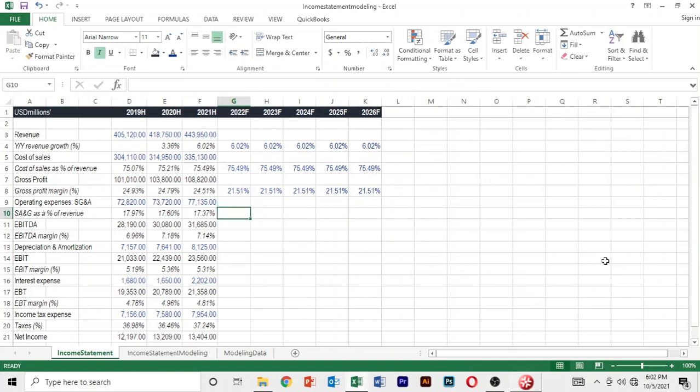and then here we are going to project that our sales, admin and general expense are going to grow by 17.37, right? Remember, these are just estimates, just for the purpose of this tutorial. 17.3, so you're going to say 0.1737, just like that. And then what we are going to do is we are going to highlight again, and